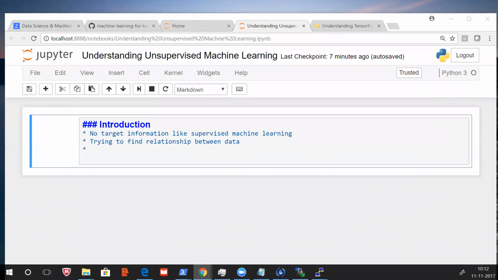So what you're trying to do is find relationship between the data. And it is generally done when you don't have any idea about the data.